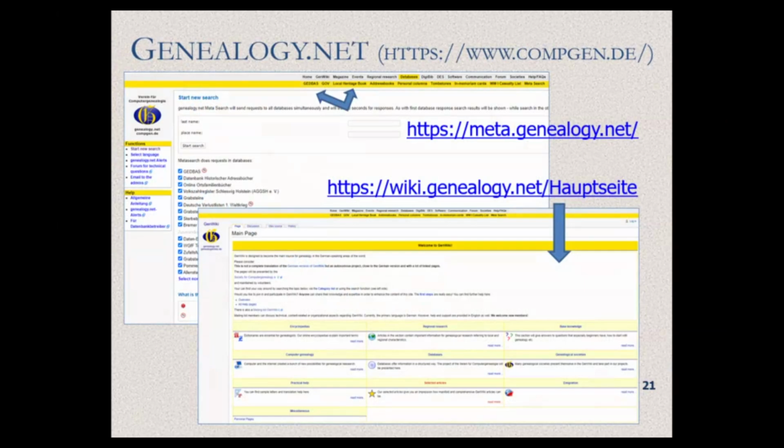You can reach it in more ways, and you can explore it in various ways. There is even a kind of meta search, and it will search through all those tabs, all those links, but not that deeply in each one. So you can try that, but it is also good to check each tab separately.